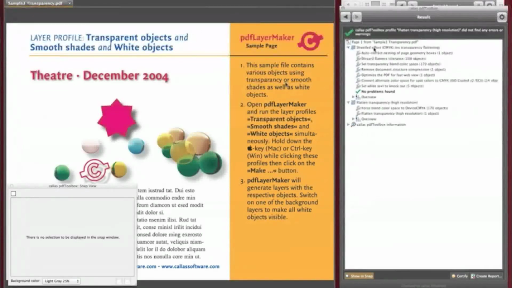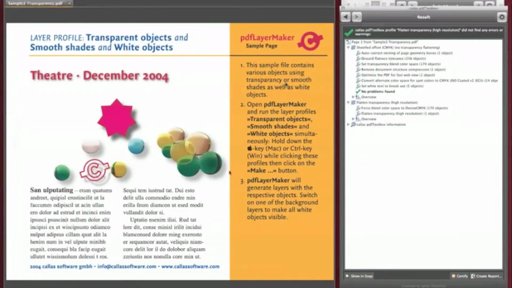And in the first step, this sheet-fed offset CMYK no transparency flattening does not find any problems, no problems found. And only afterwards, in the second step, transparency is flattened within that PDF file. So the result is now the very same as before. So now in the result file, all transparent objects are being flattened, but I have a check, or the results